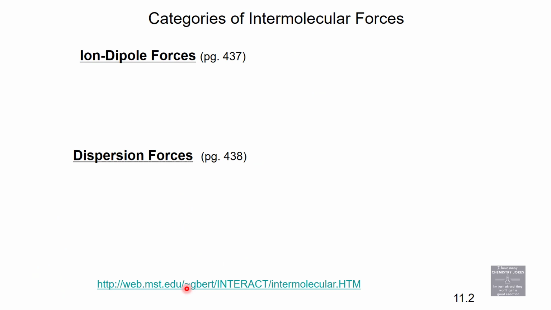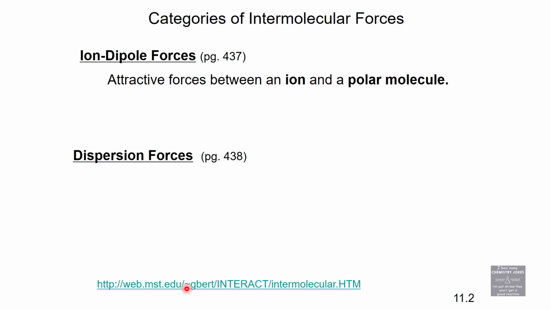For an ion dipole to exist, it has to be between an ion and a polar molecule. So this top solution is going to be between mixtures of things. This top one does not exist in a pure substance. You have to have an ion and a polar molecule together. So like when sodium chloride dissolves in water, the sodium cation is always attracted to the negative